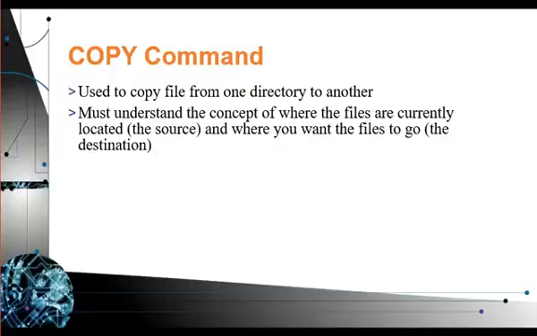So there are two important things that you have to know. One, you have to think about where is the file that you want to copy. Exactly. Where's the path? What drive is it on? What directory is it in? Because you're going to have to give the computer instructions to find that file. Second piece of information the computer's going to have to know is where do you want to put it. Not to be silly, but you've got to direct the computer exactly where that file is to end up as a copy.